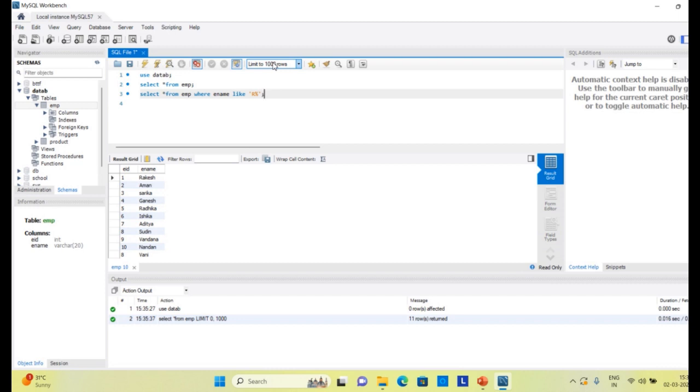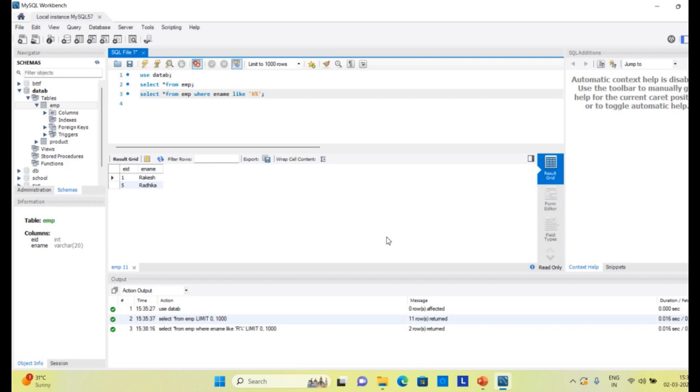It may be possible that Rakesh has 6 letters, and it may be possible that Vani has 4 letters. Another name here is Radhika, and the word lengths may be different. One may have 5 letters, one may have 6. So percent means that the first letter is R, but the letters after the first letter may be of any length and any letter between A to Z. It may be 5 characters, 6, 10, 30, any. So I run this query. You can see that we get 2 records, Rakesh and Radhika, and you can see the word length is different.